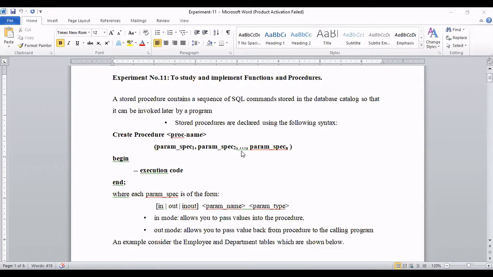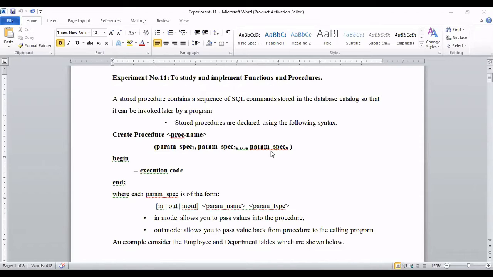For example, if I ask: check whether a particular employee exists or not, and if that employee exists, then delete that employee. So two tasks I am giving here. For that, in SQL you need to execute two different queries. But these two different queries you can combine and keep in a procedure or function.